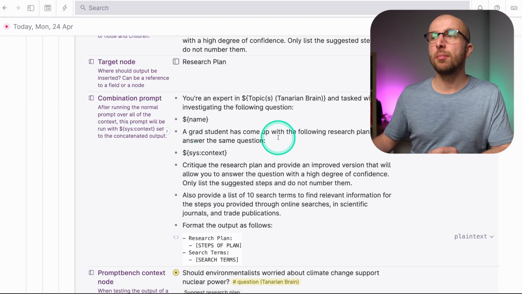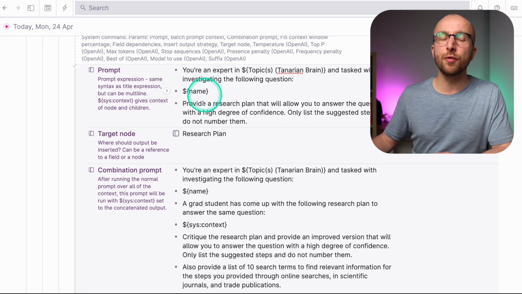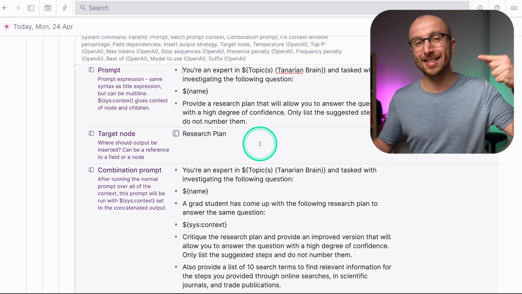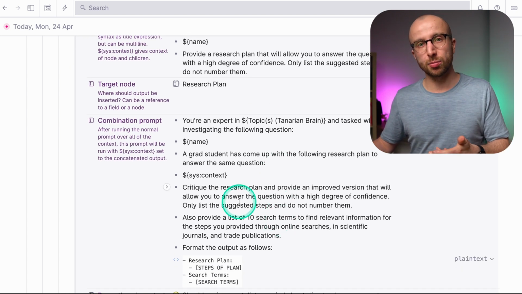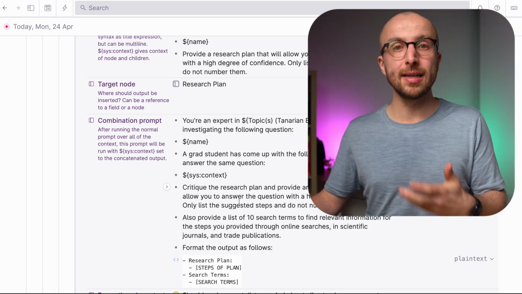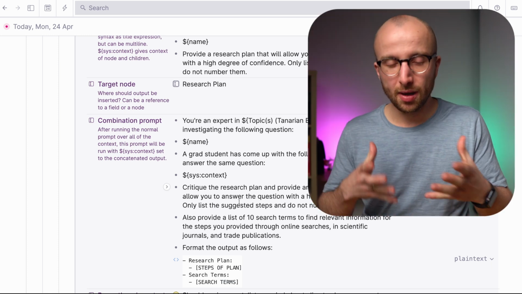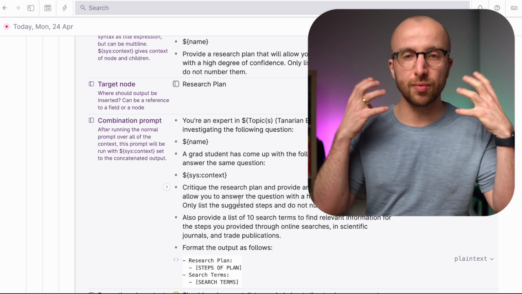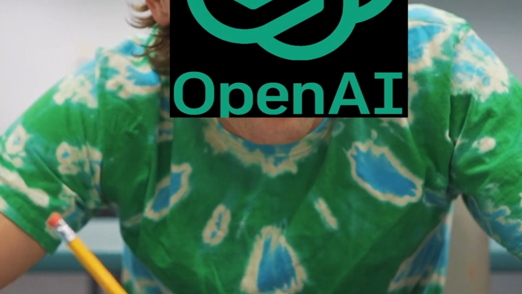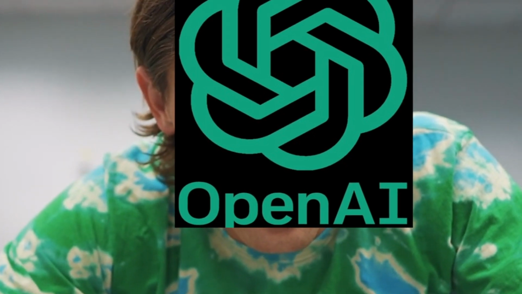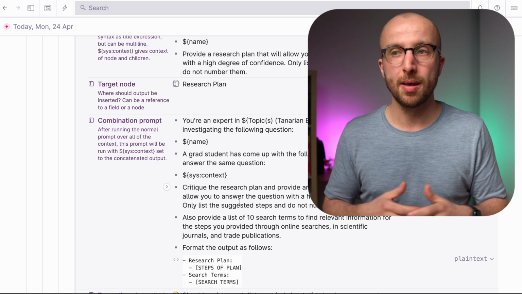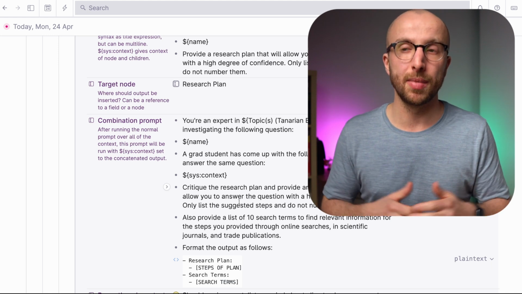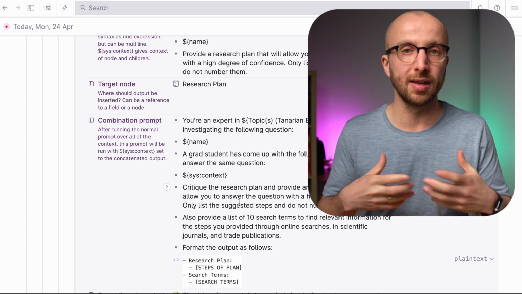A grad student has come up with the following research plan, and there I'm referring to the research plan it itself has generated, and then I let it critique that research plan and come up with a better one. And that is extremely powerful because it helps GPT to really think through and come up with a cohesive step-by-step plan that you can follow. I find that a really interesting and powerful method for getting a lot out of every single time that I